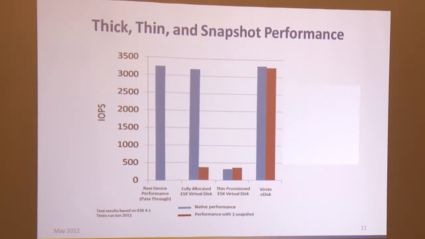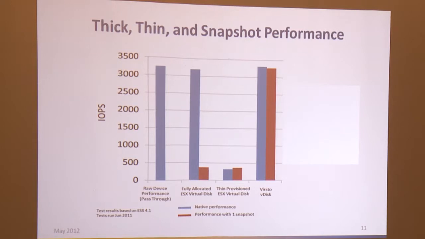Now, I put this up here because when I make the comments on that previous slide, I've noticed in previous presentations a lot of people haven't actually done a direct performance comparison between a thick VMDK and a thin VMDK. So I want to actually let you guys see what the impact is. Now, I happen to run this on ESX, but this is not an ESX problem. This is the impact of thin provisioning in these environments, and we've seen the same exact differentials on the Hyper-V